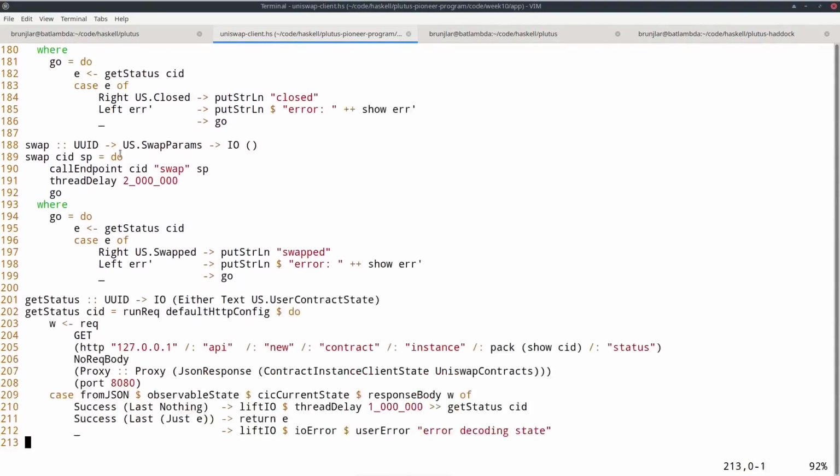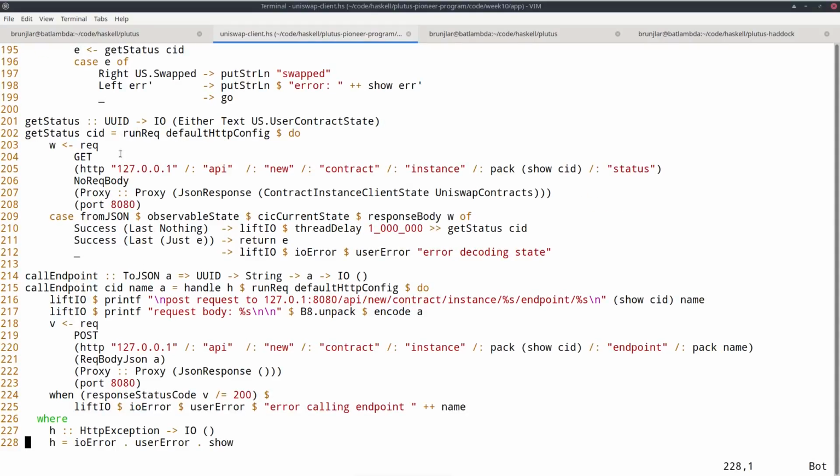And that all makes use of a helper function. Last time, I think for the Oracle, I spelled that out. Now I extracted it. So I have these helper functions, get status, which we need in order to get something back from the contracts, and call endpoint. So I'm just using this library, this req library as last time. And here, this is the interesting part.